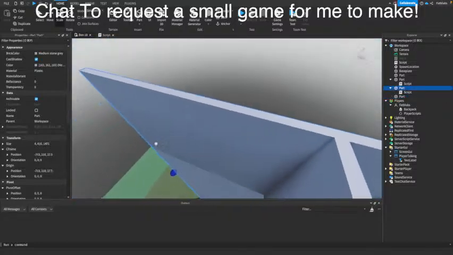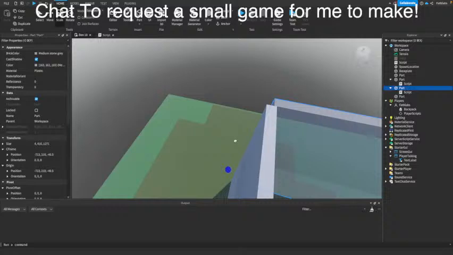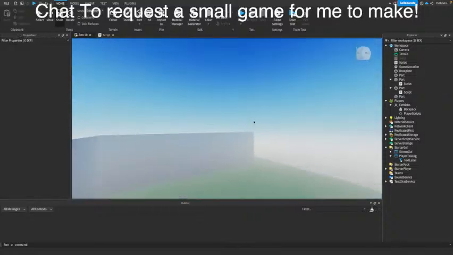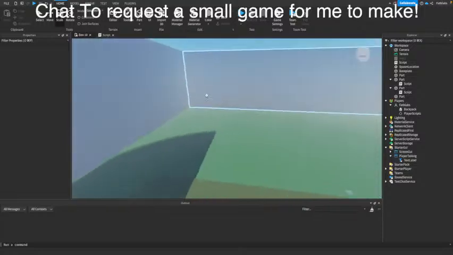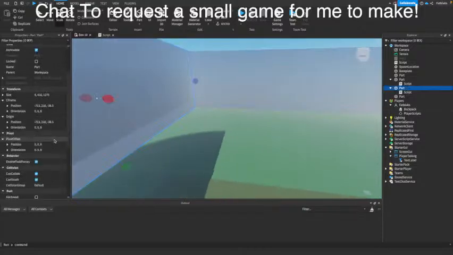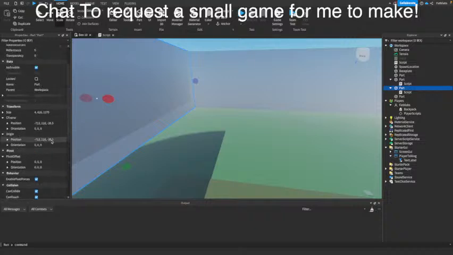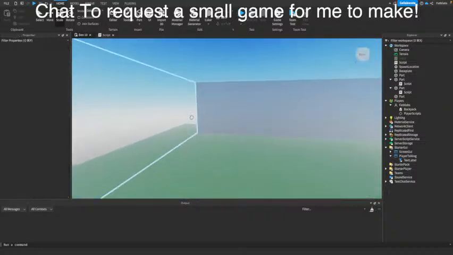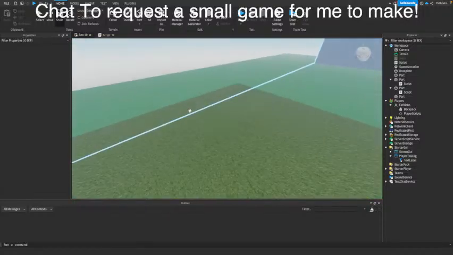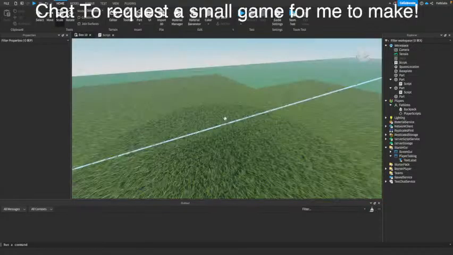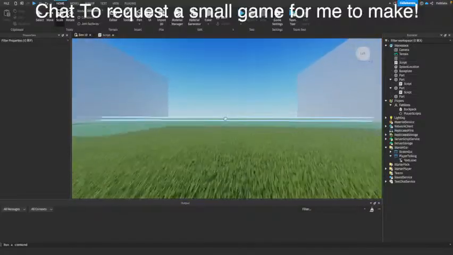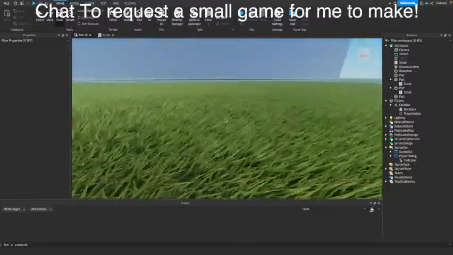Okay, let me change this one. Shorten this. Okay, there we go. And then we're going to change this to invisible. Hooray. Transparency is 1, so now you can't see it. You really can't see it here either, so I'm going to change back. Okay, they're going to walk back, all the way back, and then